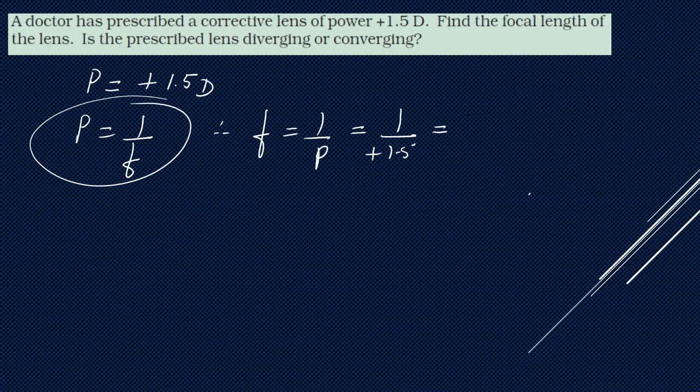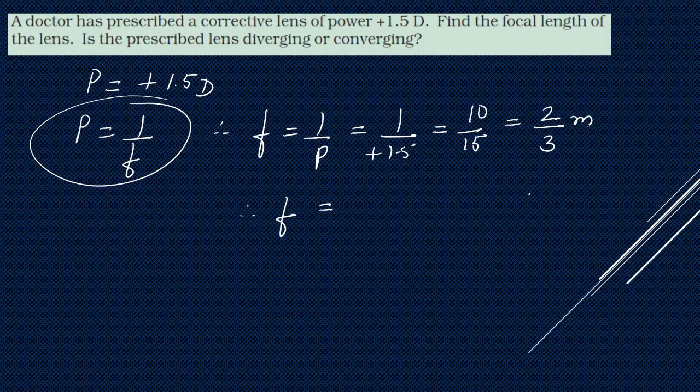This is equal to, if I multiply by 10, 10 upon 15, which is 2 by 3, right? So therefore, focal length is going to be 2 divided by 3, that is in meters,